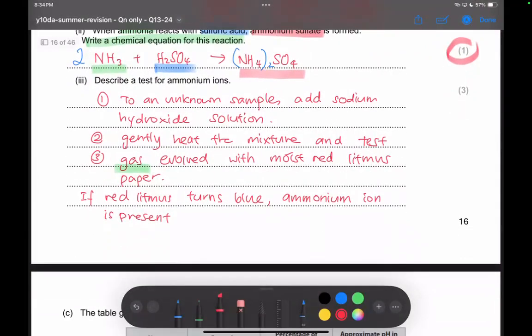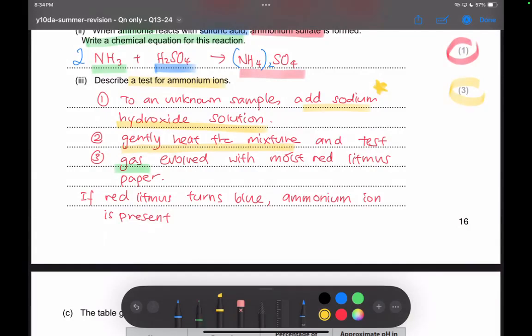So there you go. Okay, next question here is on the test of ammonium ion, and this is a 3-mark question. It is essentially three steps here. To test for ammonium ion, the first thing you need to add is actually sodium hydroxide solution. Now this is a testing reagent that students tend to forget. Next, after you add the sodium hydroxide in, actually you won't see anything visibly. There'll be no color change or anything,